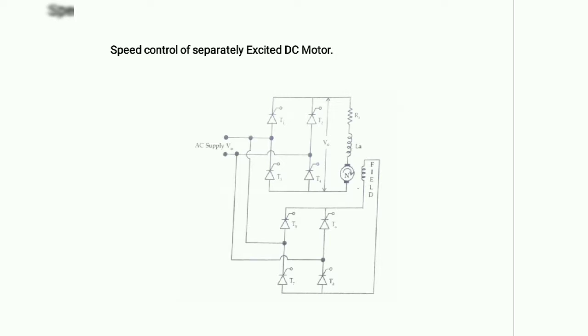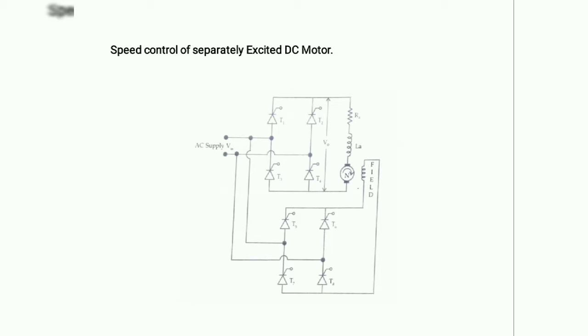For adjustable speed applications, the main control is in the armature circuit, and the armature converter is always designed for variable outputs. With a sufficient inductance value LA in the armature circuit, this provides continuous current conduction. SCRs T1 and T4 are triggered at an angle of alpha and continue the conduction until phi plus alpha. The SCRs T2 and T3 are triggered at a delay of phi plus alpha.